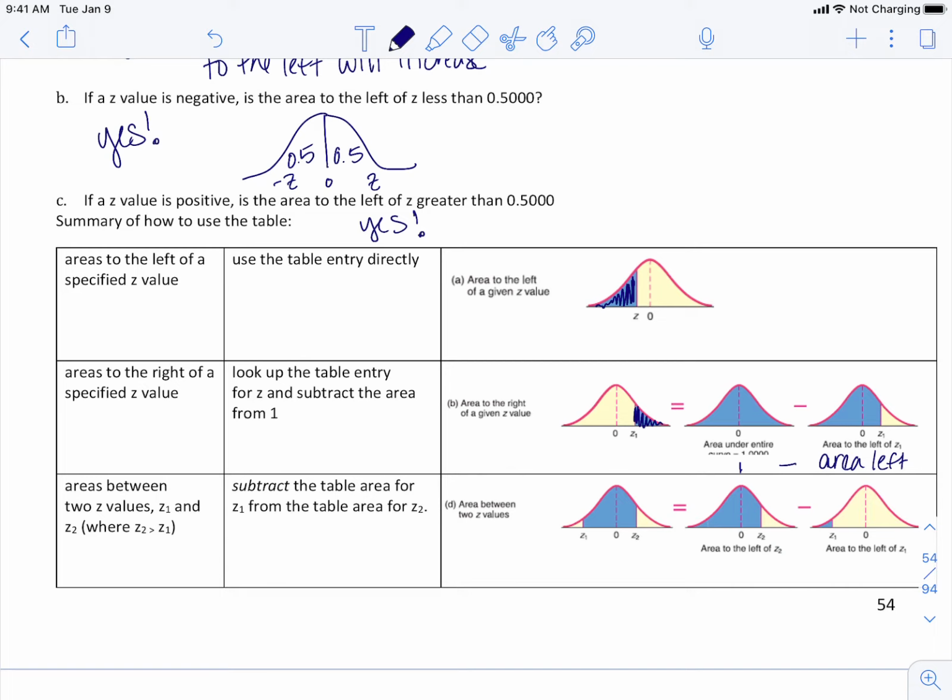So you can think about this in the same way. Areas between two z values, z1 and z2, we subtract the table area for z1 from the table area of z2. So again, if I want the values between these two, we take our z2, our higher z value, minus our z1, which is our lower z value. Okay,